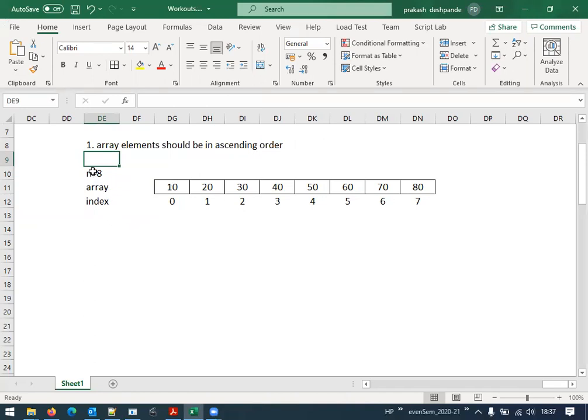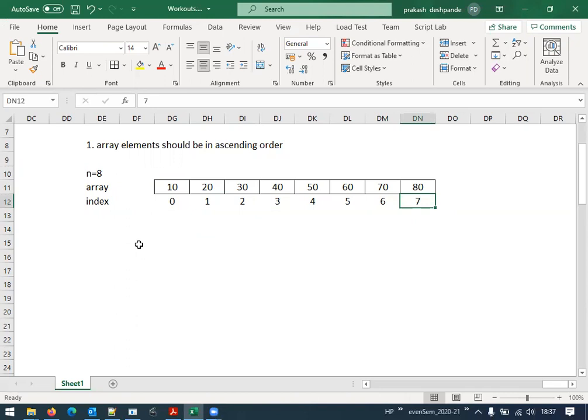Now there are n elements, that means there are 8 elements in here, and if you look at the values of every element, the next number is bigger than the previous number, right? That means these are in ascending order. We do have the respective indices for every element. It starts from 0 and ends at 1 less than the total number of elements, that is 7 in this case. Now, the binary search.